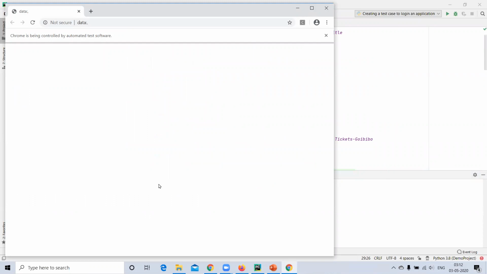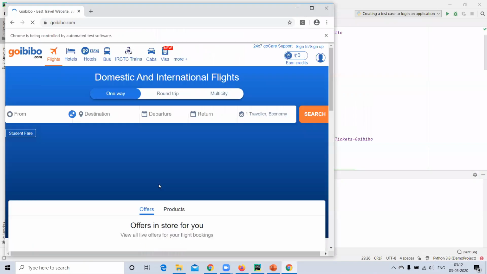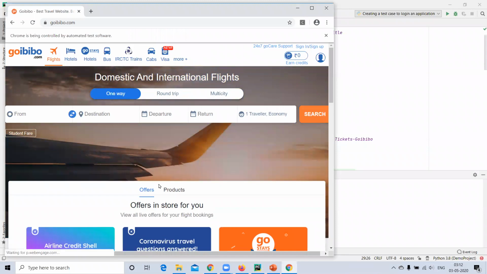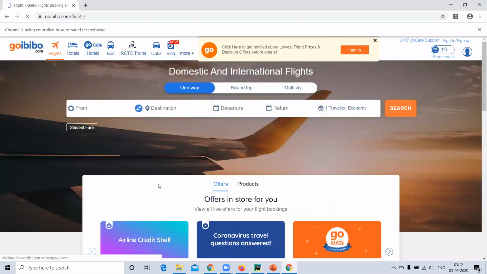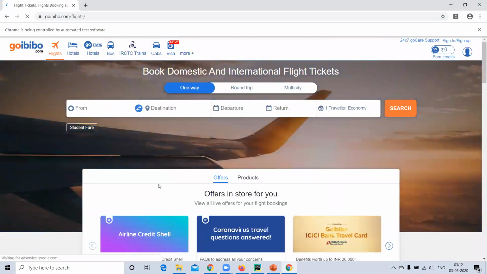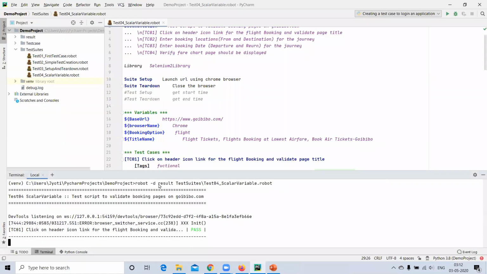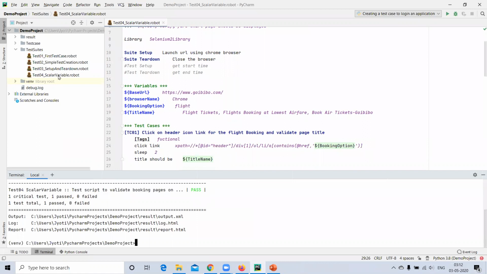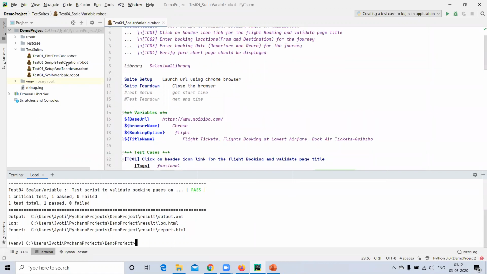So opening the browser, launching the application, maximizing the window, then clicked on the flight icon and then validated successfully. Navigate to the flight page.